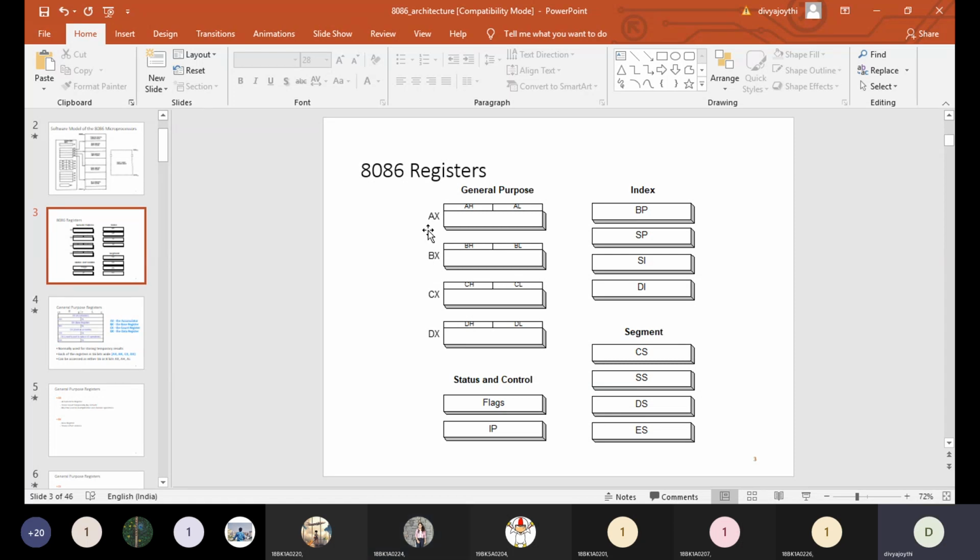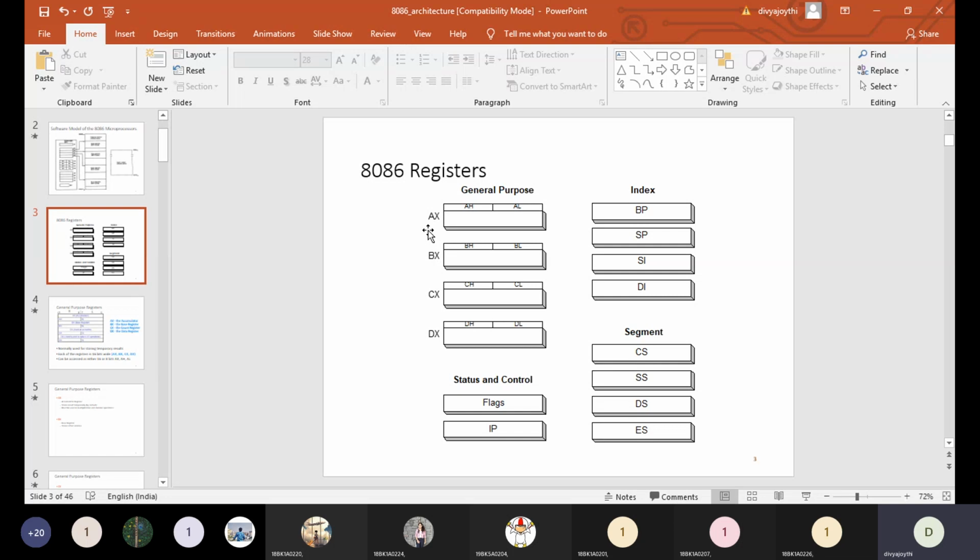Please prepare your running notes, or else you can't remember for this long. Maintain the running notes. And the last register is DX. DX is nothing but the data register, which will simply store the data. Data is nothing but the input and output that we give and get. Input and output data will be stored in the data register.